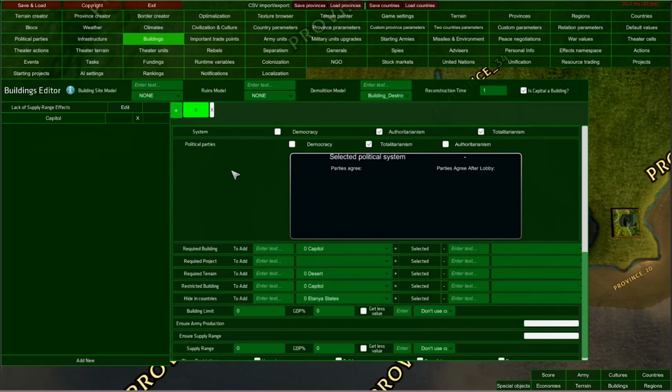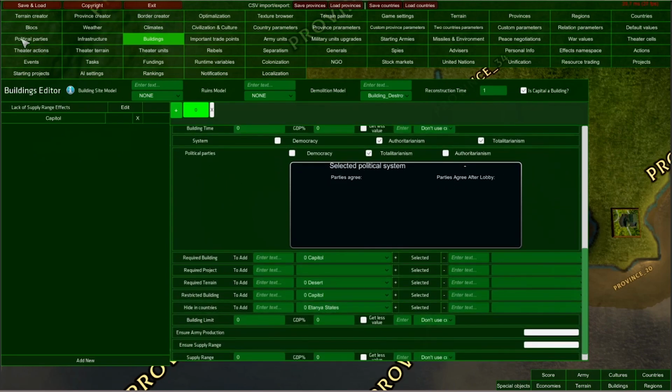And of course, as I have mentioned when talking about political parties editor, you can set up, depending on the system, each political party preference concerning this building. And for example, if you disable this sticker, political parties agree, then far left party will not agree on building capital.